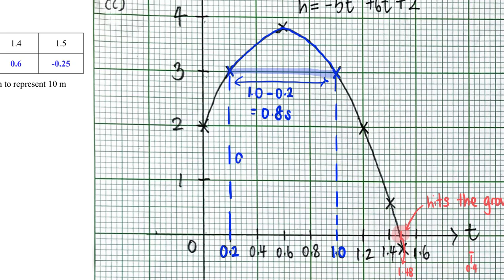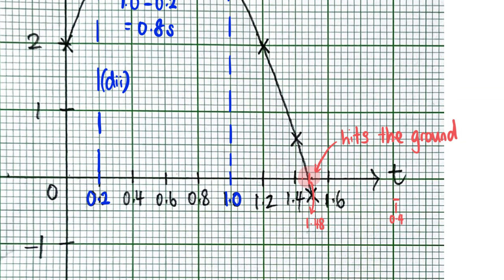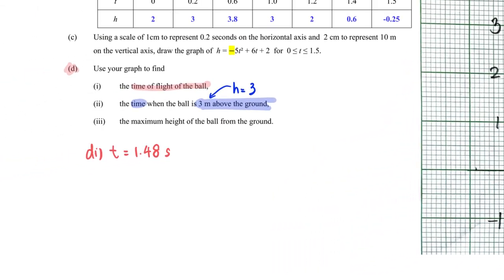So it will be good to label actually this is working for D part 2. And just now I should have also labeled D part 1. Okay, so let's go back, and I'm going to just write my answer here. So the time required when the ball is 3 meters above the ground